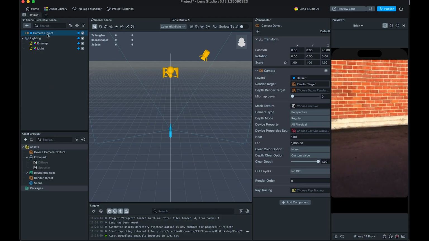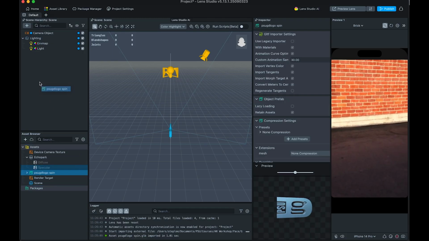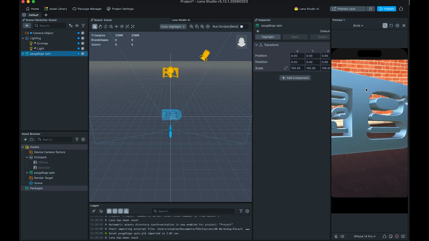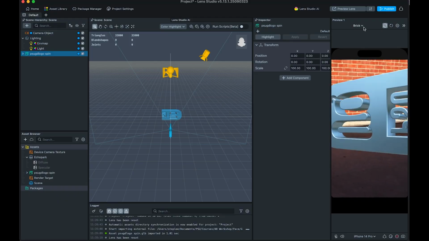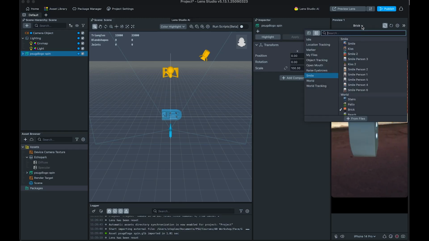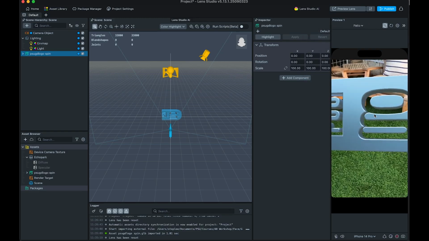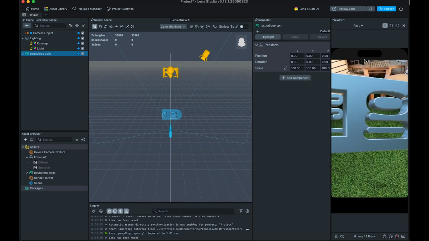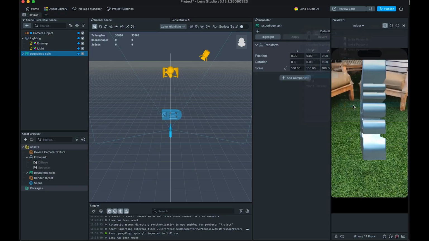The next thing I wanna do is, well, if I wanted to just bring it into the scene, I could bring it in like this, and you'll see it's here. And right now, when I want to work with an environment or like using the rear camera, I want to use probably one of these world scenarios. So something like this. You can see this isn't really moving with the camera. It's not really moving in the space, but I want to use something like this to kind of see how